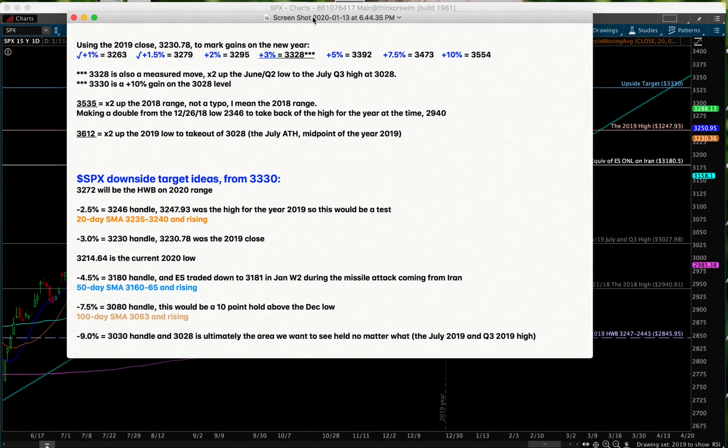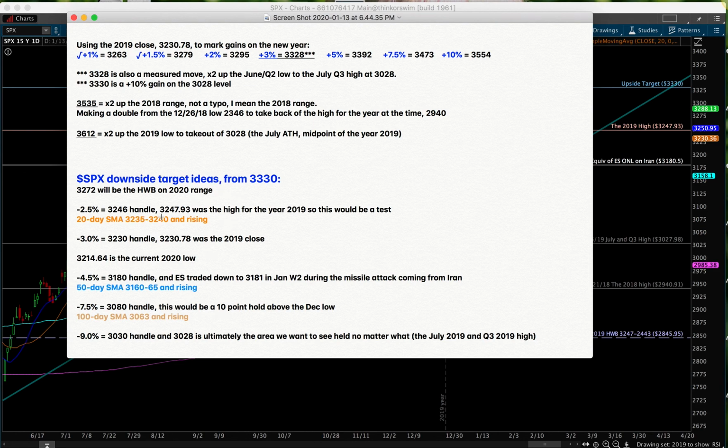Okay, well, in the first place, I've been pointing towards 33.28 to 33.30 in the targets list that I've been giving you guys because these just mark points on that July all-time high where we crapped out in July that I just showed you, and it's one of the plot points on this bull fork. And then just above that at 33.30, that's a perfect 10% gain on that 30.28 level. And then I started going through a list tonight of what it would take if we were to start rolling back off of 33.30, and some really good